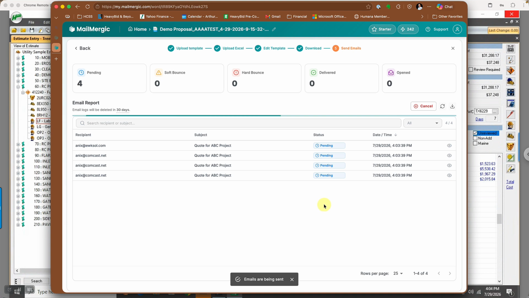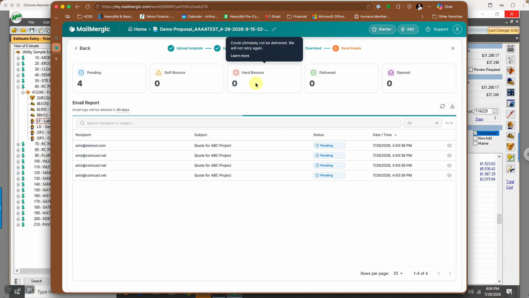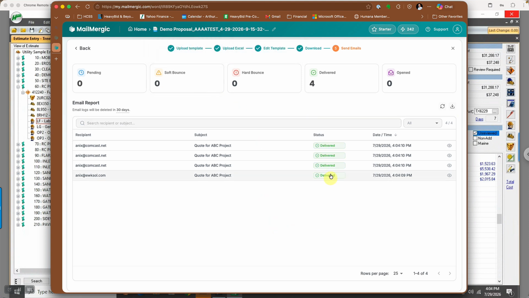And it does give me, I can get a report saying the status. You could see at the top, hard bounce, soft bounce, delivered, open, and they are all delivered. All right, and then I could right here export the CSV, I guess it would export this right here, and that's it. Let's see, does it give me, yep, to each recipient right there. All right, and I can come down here and go ahead and exit, close the page,